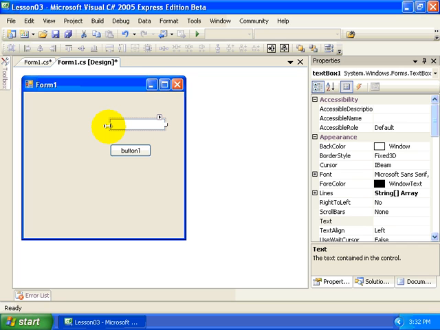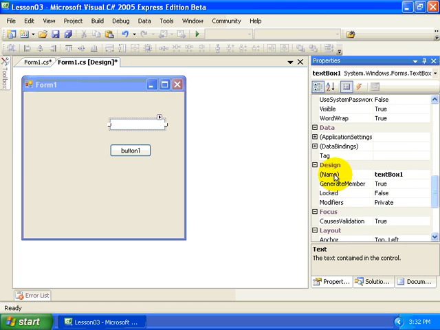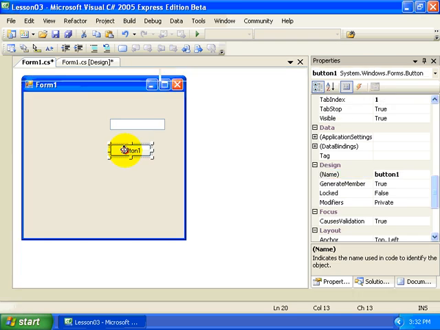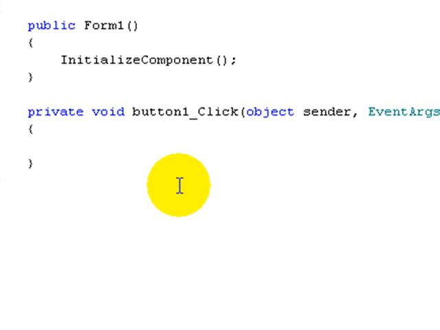Same thing with the text box. Text box 1, and if we were to add another text box, it would be text box 2. And it's up to us to rename these controls by using the name property within the properties window right here. But we're going to leave the default name for now and work with text box 1. So I'm going to double click, go to my event handler, and here I'm going to reference text box 1,